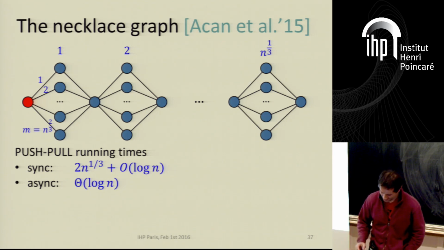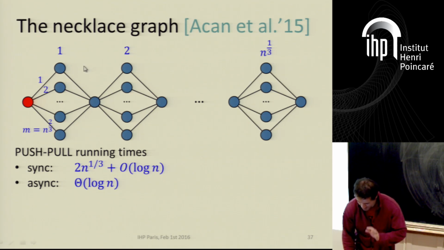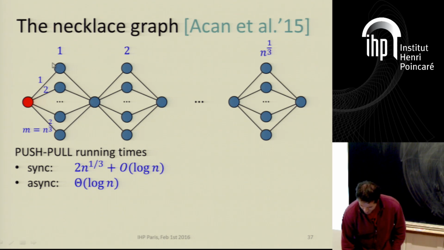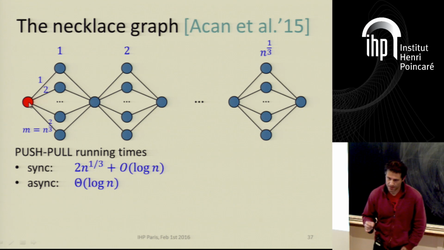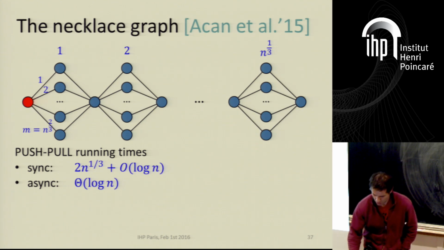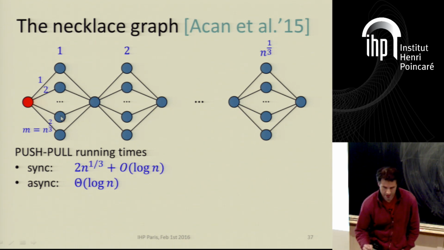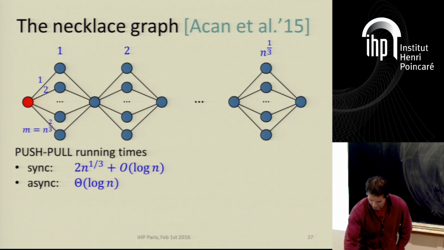So, why is it so fast? First, we'll see how long it takes to go from here to there, and then we multiply by this quantity to show how it reaches there. Now, remember that the time before a given node chooses and pulls the rumor from this is an exponential random variable with mean 2, because it's equally likely to choose any of these nodes. Okay? So the time until the first of these nodes pulls the rumor is the minimum of these m